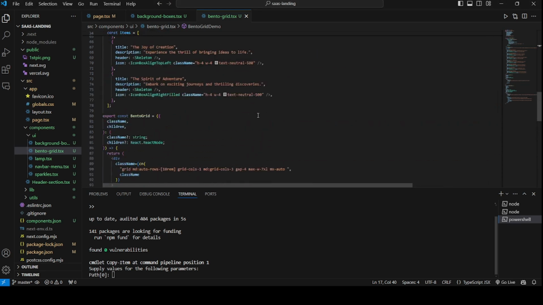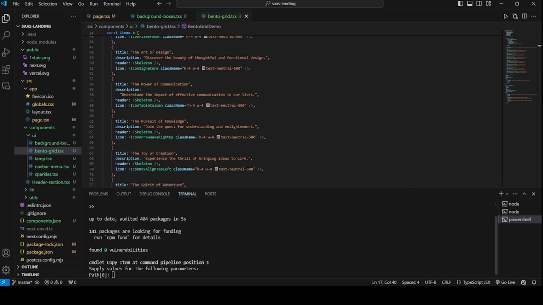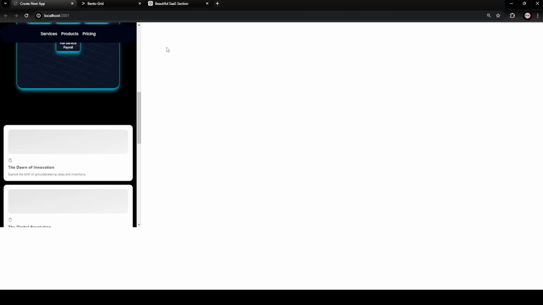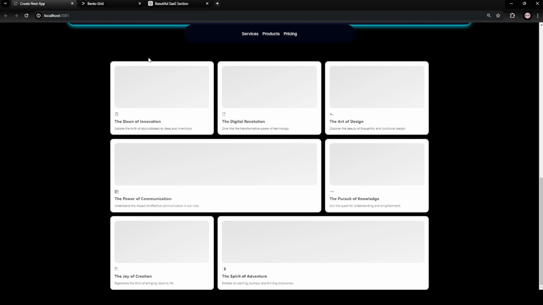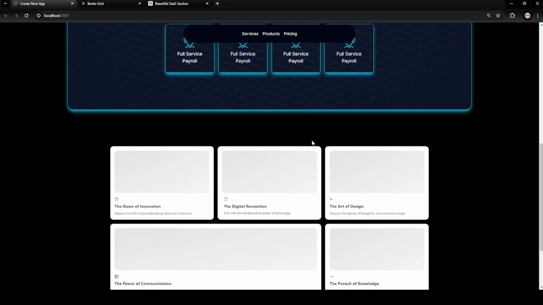Any other changes we can create? Okay. Let's see what changes have occurred. So let me just bring you to my create next app page. Okay, it's responsive. And we can see the width has changed. It has become quite wide, the boxes are quite longer. So yeah, the width is actually changed.